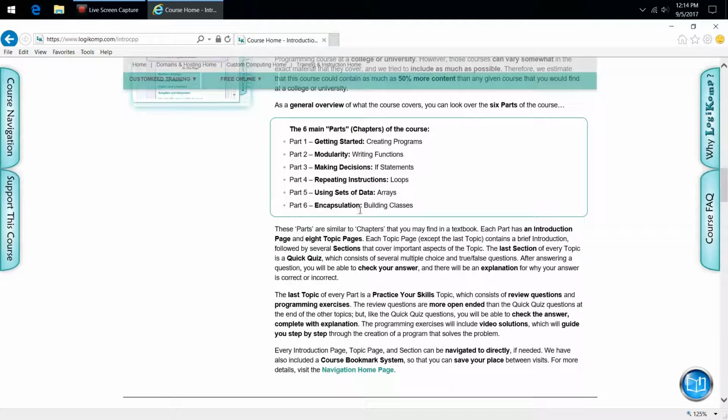And lastly is encapsulation, and that's all about building classes. Now you might be saying, well, isn't this a class? Isn't this like a class that I'm taking? No, it's not class like an English class or something. It's something very different. Classes in programming, or you could see it as kind of a template, but I use that very lightly because template means something a little different. But you could consider a class kind of like a blueprint. But either way, these are used to build